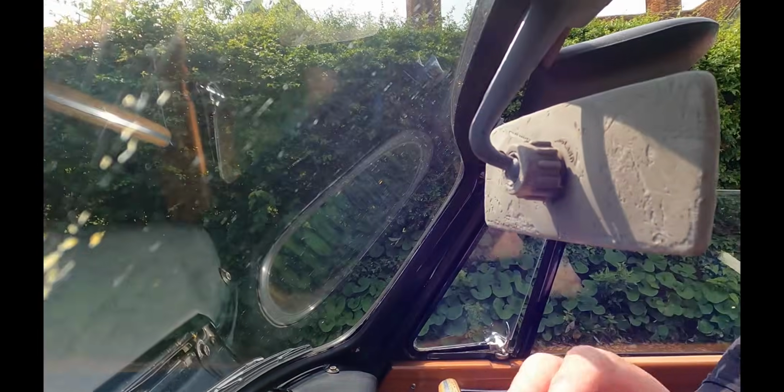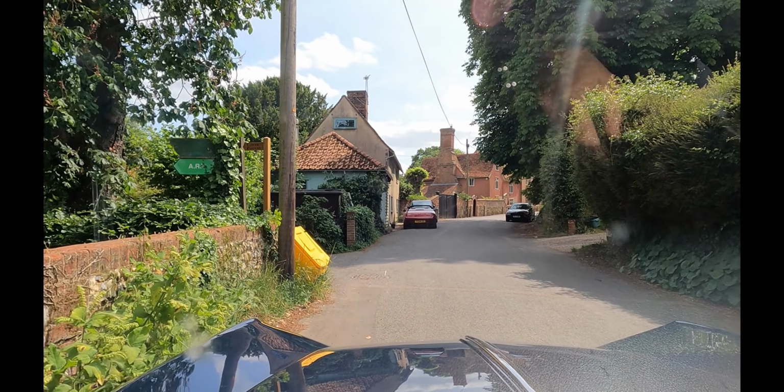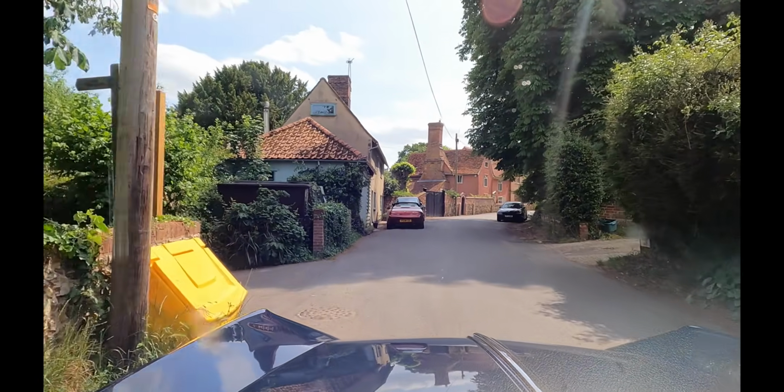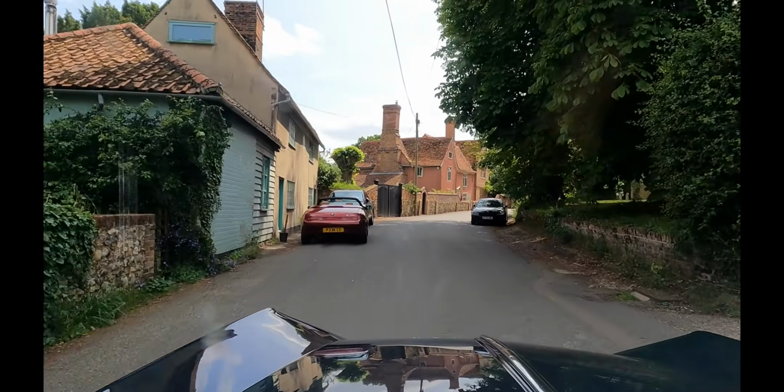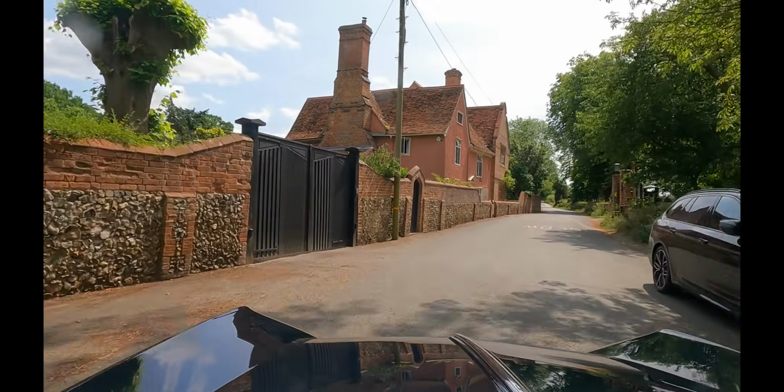I'm just going to turn the camera back round because this is actually a very pretty part of the vale to look at. I'll have to say I've just spotted a very nice Alfa Romeo Spider, but